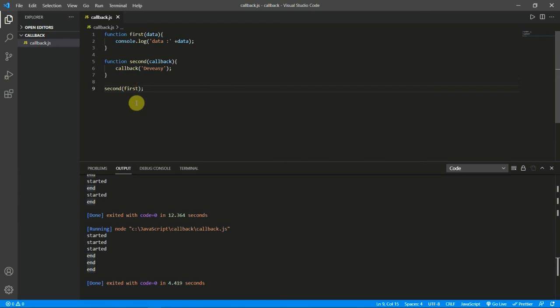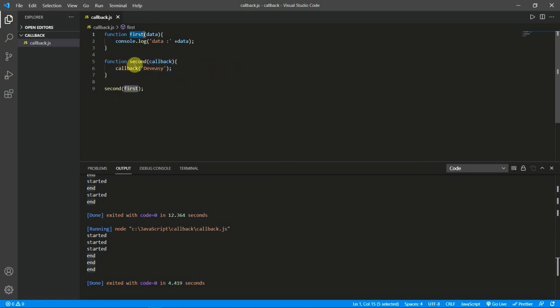I am calling the function second. Inside this function I have a callback, so I will be sending another function as a parameter, a function whose name is first. So in the second function which takes a callback, I am sending the first function inside it as a parameter.